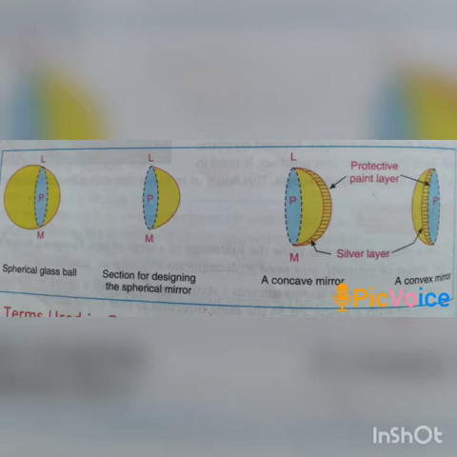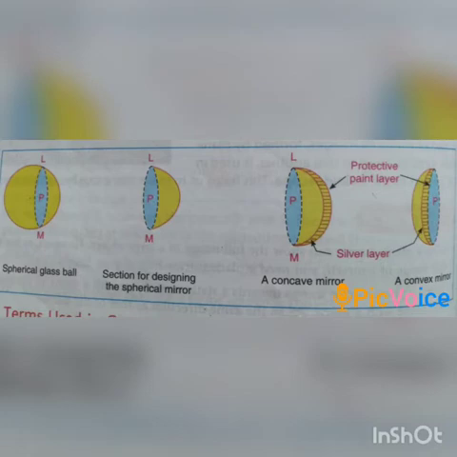In this chapter, we discussed reflection, different types of reflection, then the characteristics of the image formed in a plane mirror. We discussed the laws of reflection and then the ray diagram of the image formed by a plane mirror. Real images, virtual images, and multiple image formation we discussed earlier. Now, today I'm going to explain the topic that is spherical mirror.